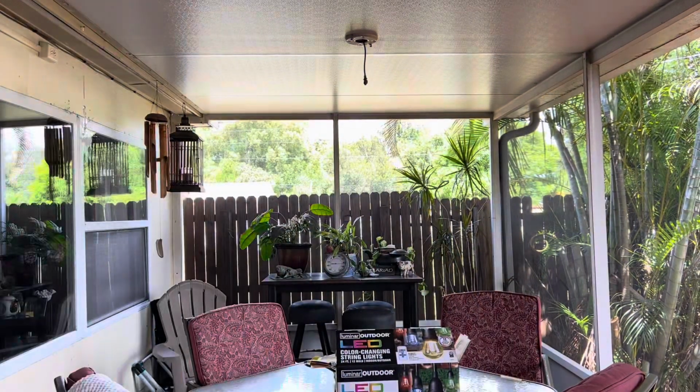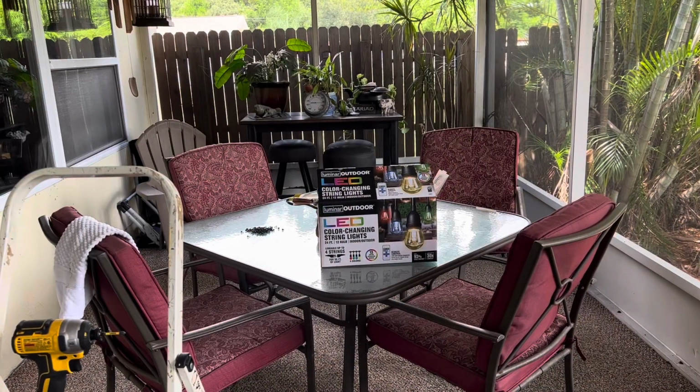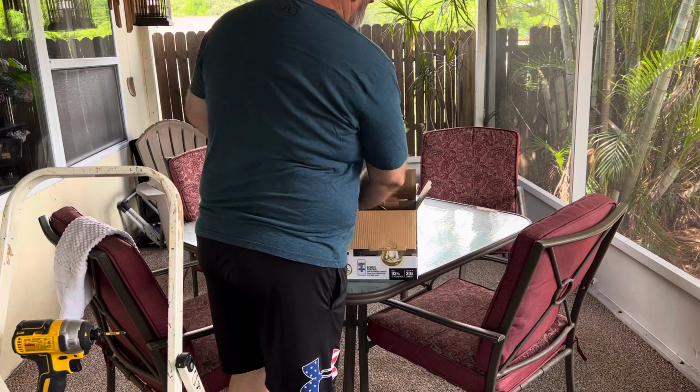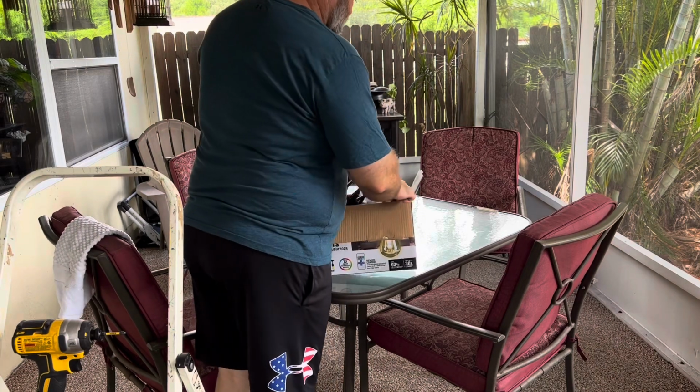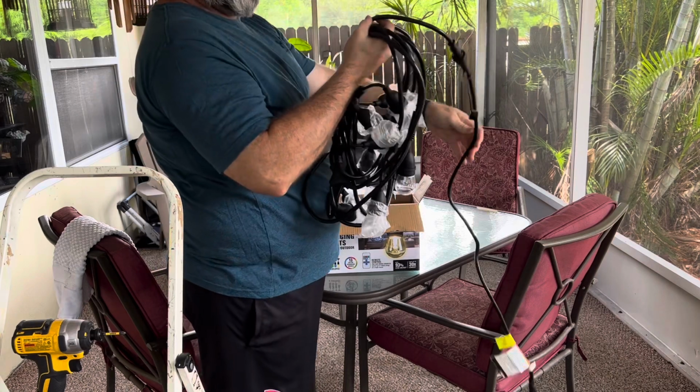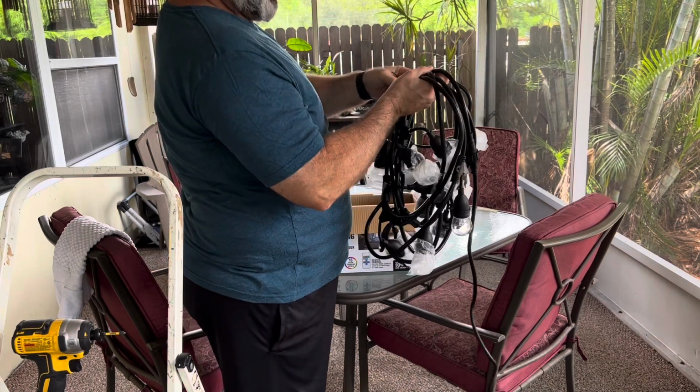So it'll be fun to hang these up real quick. Shouldn't take too long. So we thought we'd take you guys along for the journey, see how we do that. So let's get to it. So the first thing we're going to do is pull this out, and we're going to stretch it out along the back patio here so we can kind of figure out some placement